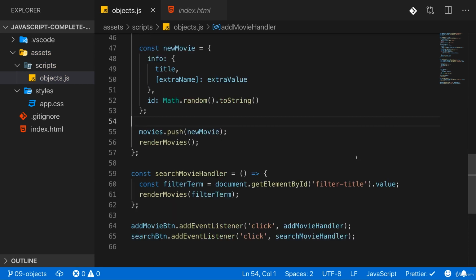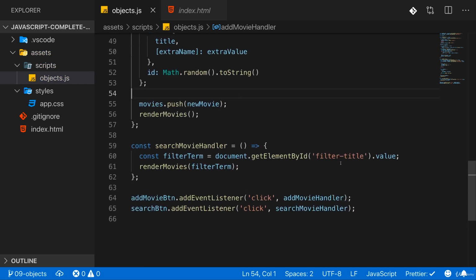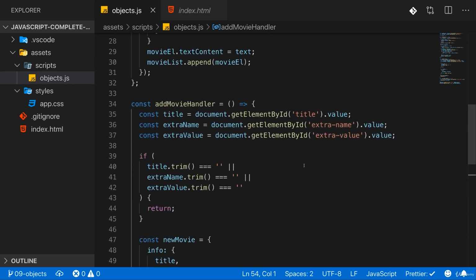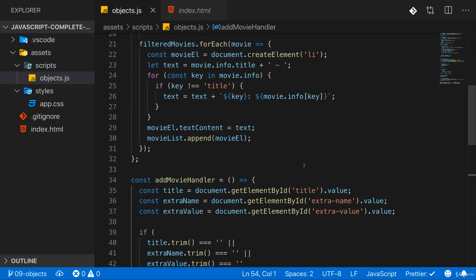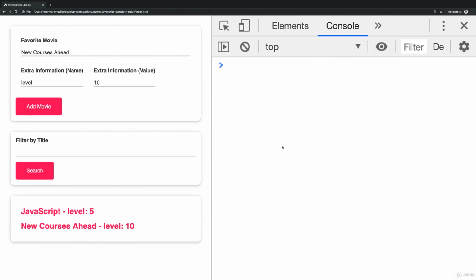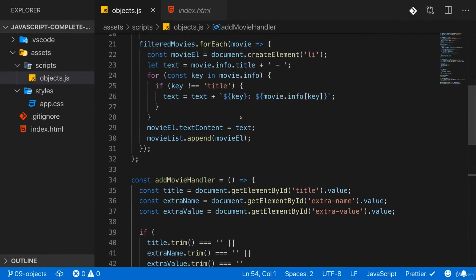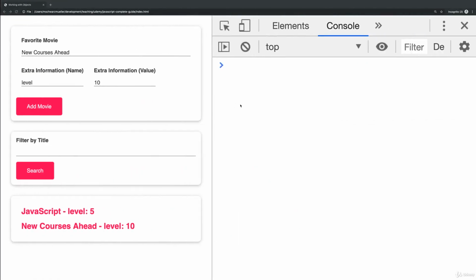We also have another nice feature in JavaScript, which we don't really need in this app, but which we will need in general from time to time in JavaScript. And that's the spread operator in combination with objects. Now we saw the spread operator in combination with arrays, but we can also use it in combination with objects. And I will actually show this here in the console